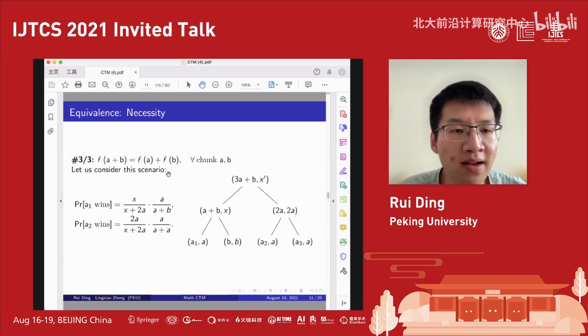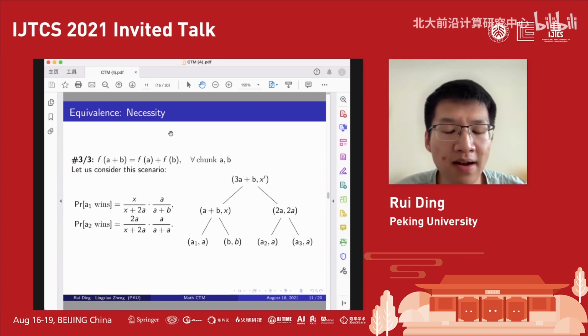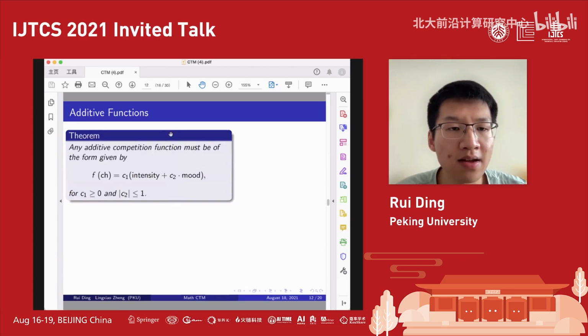So here we establish the equivalence between the permutation invariance and the additivity. So a question that naturally ensues would be, what form can an additive function take? Here we give this answer, that is, any additive computation function must be of the form given by this